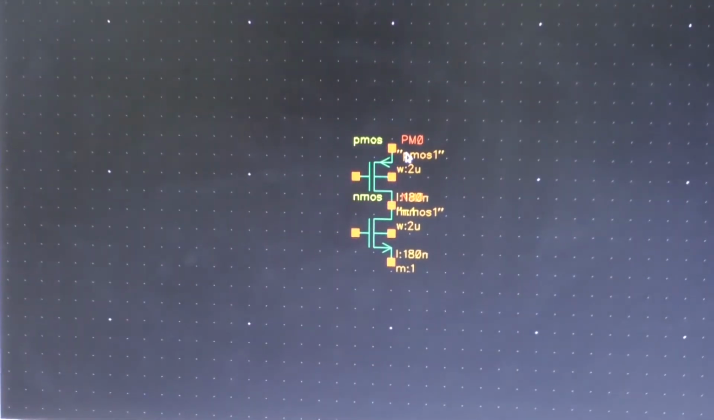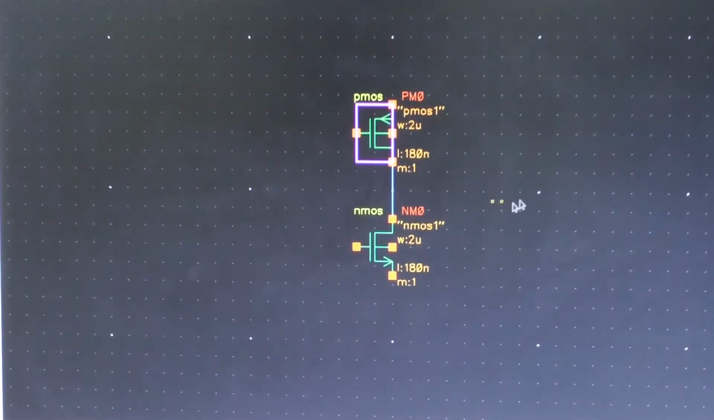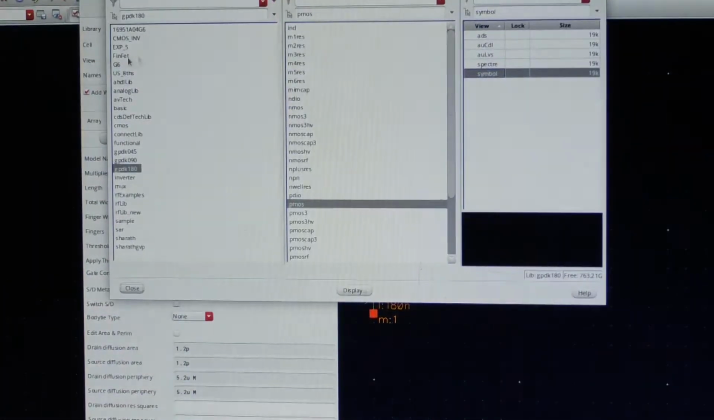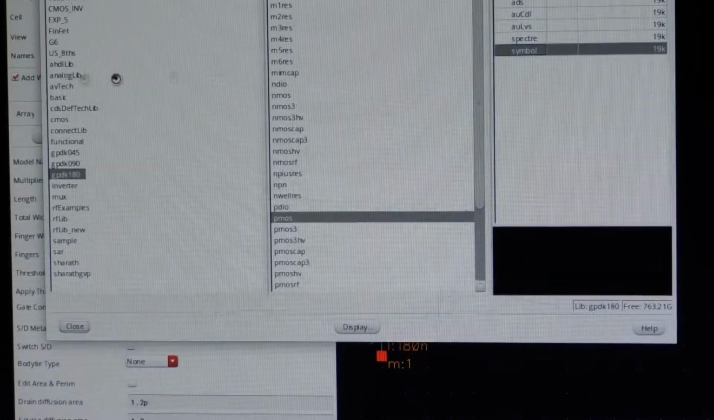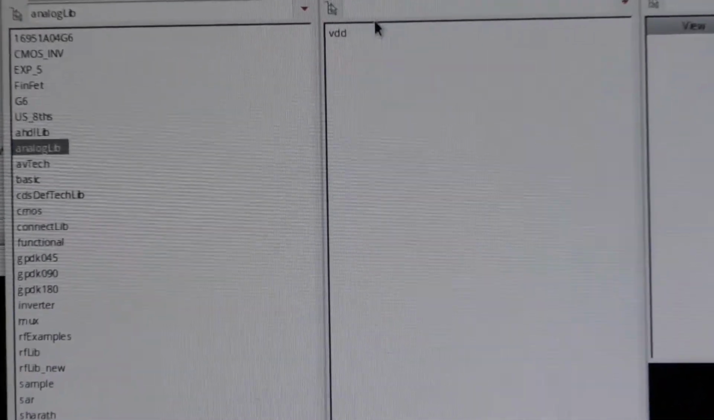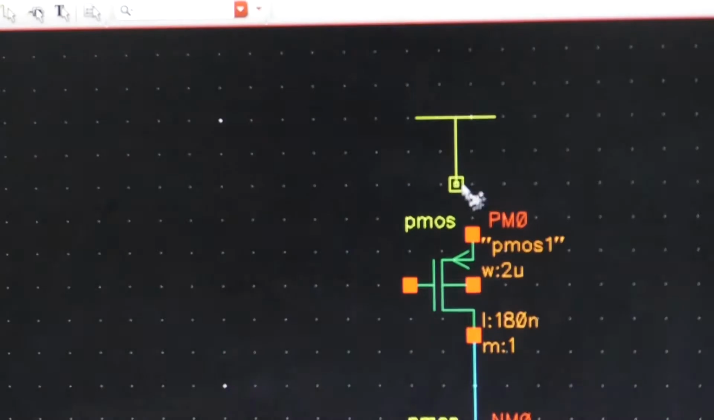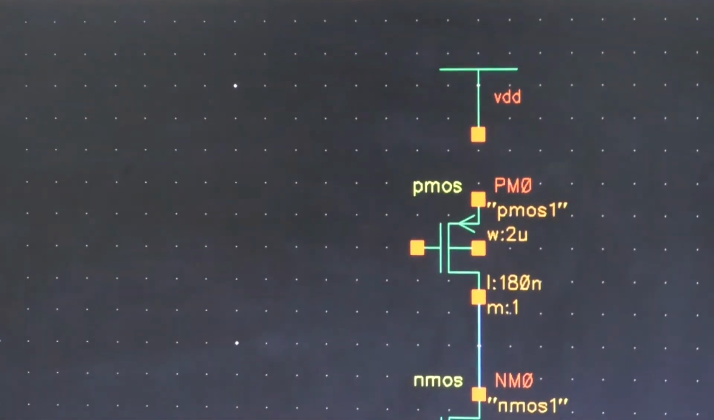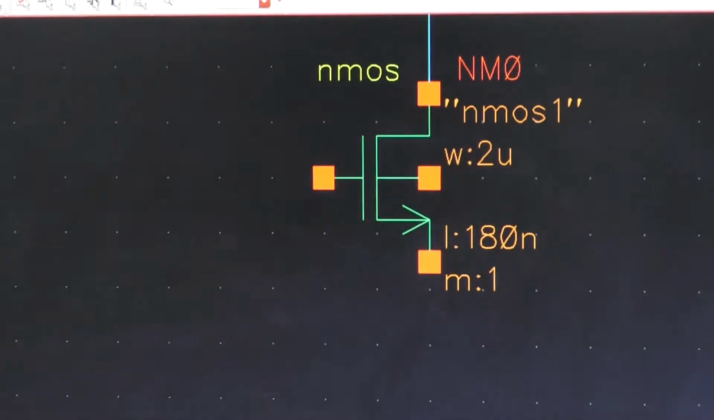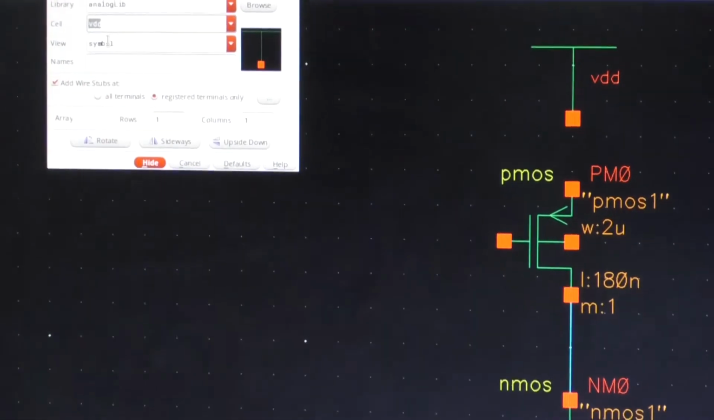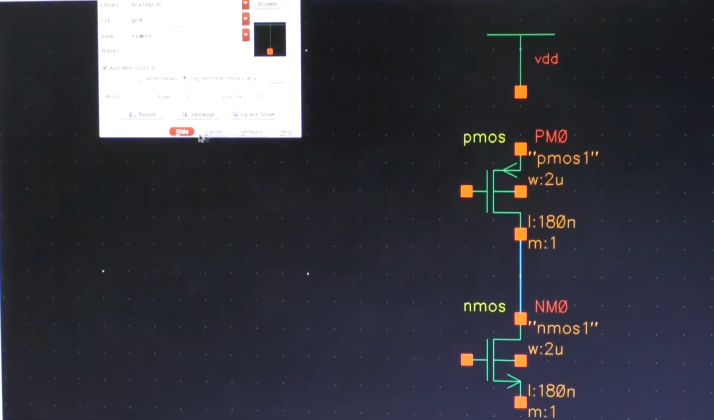Now here I am taking this particular PMOS. And other required components are the corresponding sources. Here I am choosing the library as analog lib, and inside it I am taking this VDD as the actual power source component. In the same way, I am choosing another ground terminal,